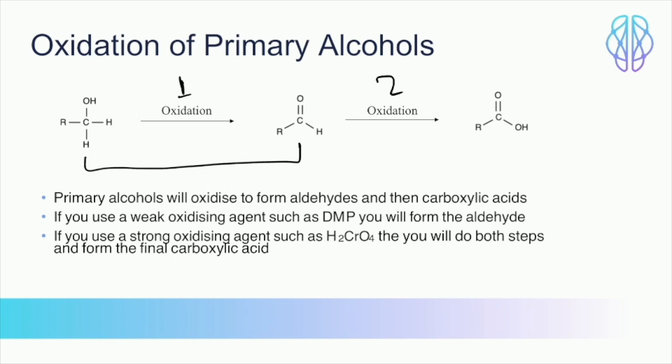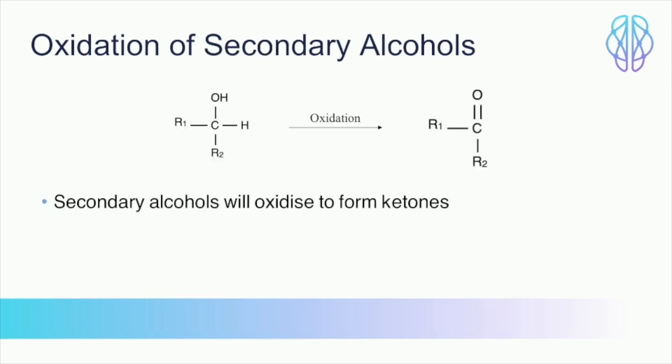However, if you use something stronger, so maybe chromic acid, for example, which is a very strong oxidizing agent, it will actually undergo the first step and then the second step. So the reaction will, if you like, proceed to completion, and then you'll get the carboxylic acid at the very end. So with the secondary alcohols, they will always oxidize to form ketones,